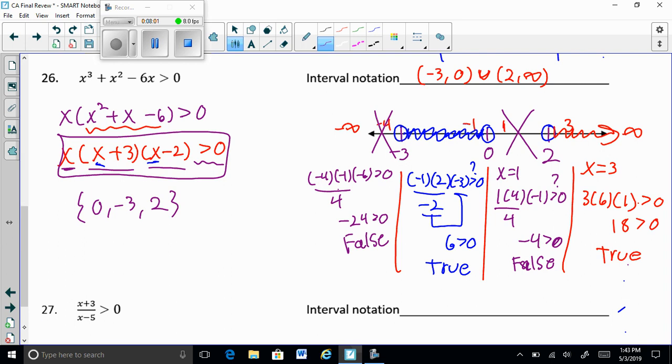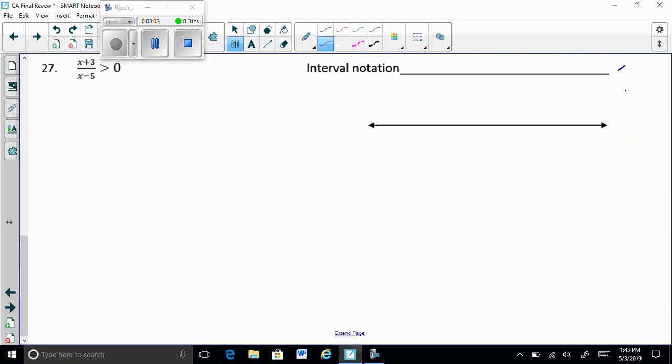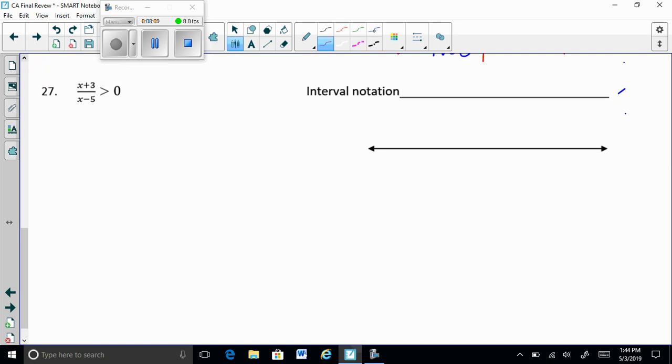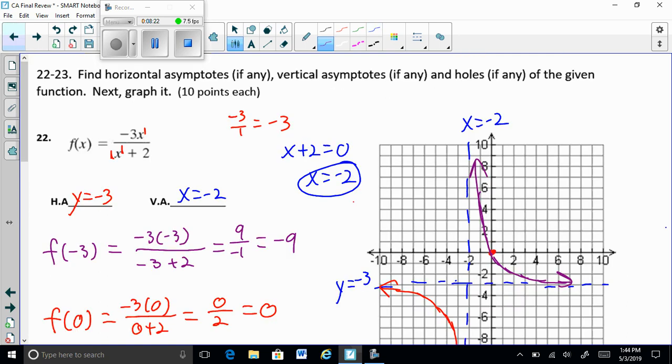All right, last one. Here we go, last one, and it's a rational one. And so the key points that we're going to look at here is x-intercepts and actually the vertical asymptote, because a lot of times when you go to the other side of a vertical asymptote, there's a sign change. Not always, but typically. If we go back and look, actually, you can see from this graph right here,